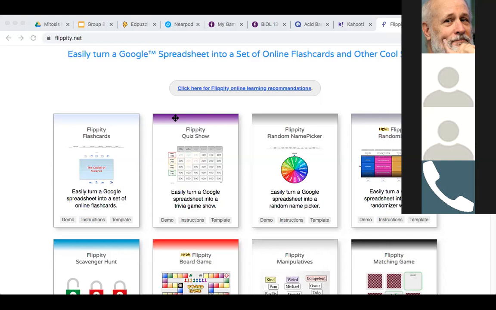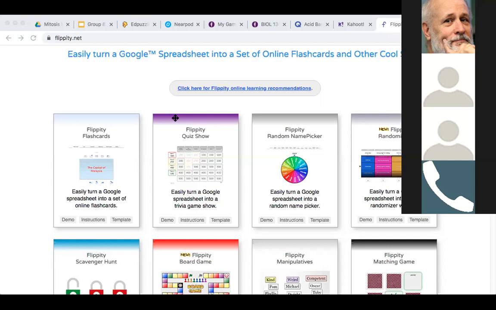I use Kahoot a lot, especially for exam reviews. But I think that some of these other ones might be a little better than Kahoot. Kahoot is a little bit clunky and can be restrictive, like you can only get four answers and things like that. So it's pretty simplistic. But the students really loved it because of the colors and the sounds. The colors and the sounds got them really excited for some reason.